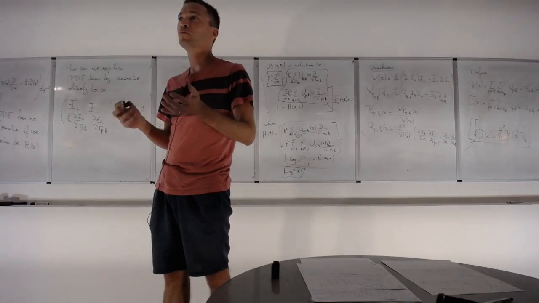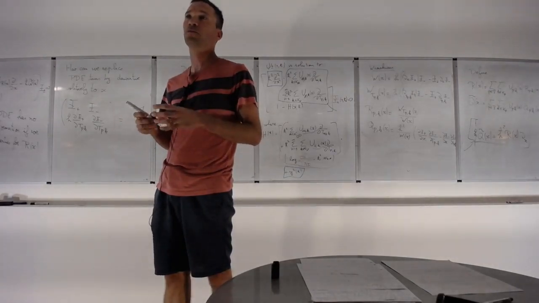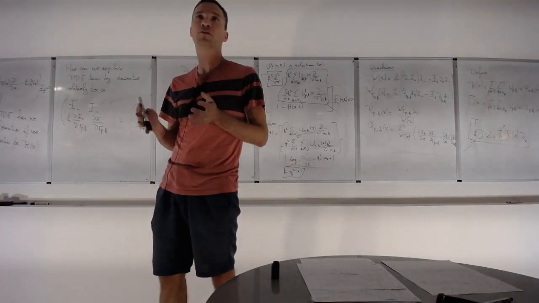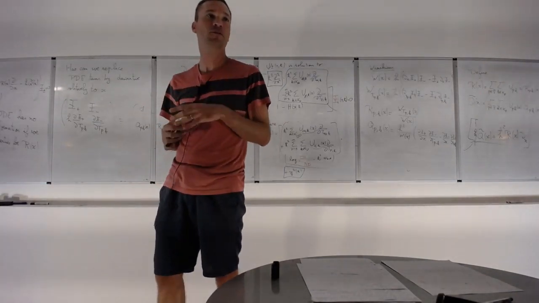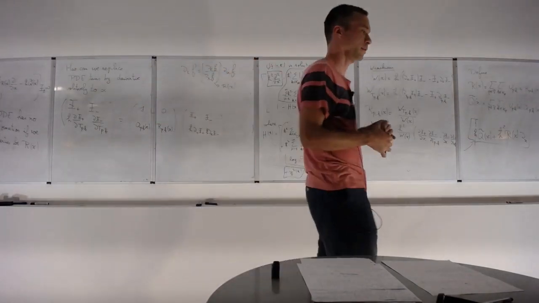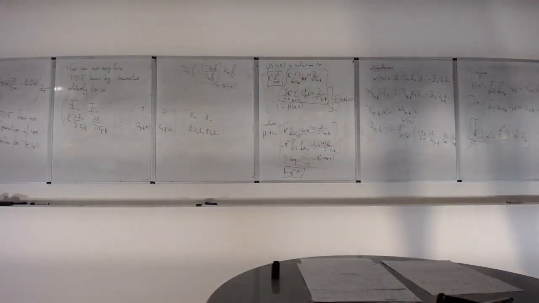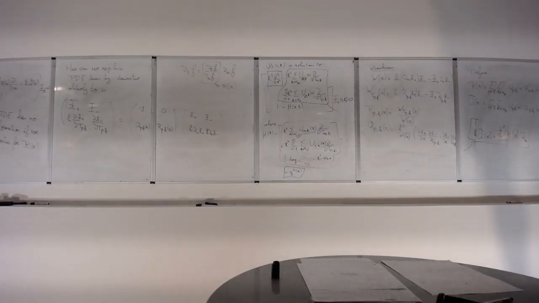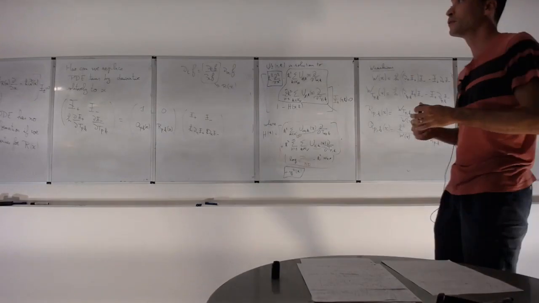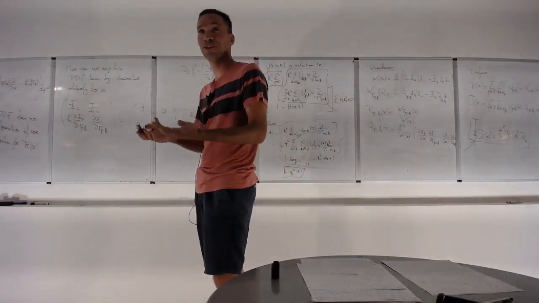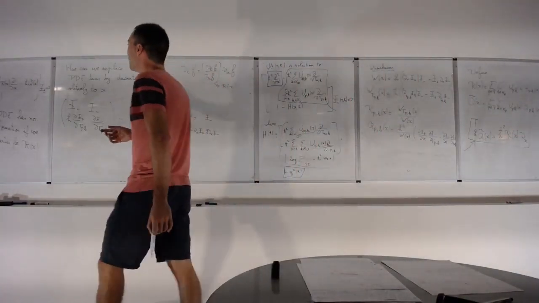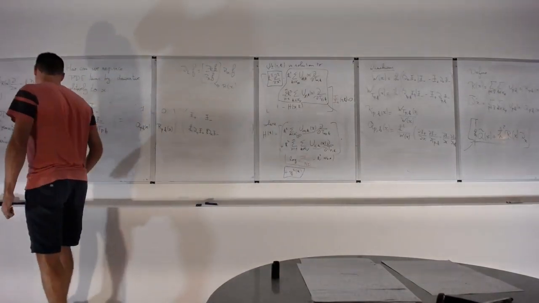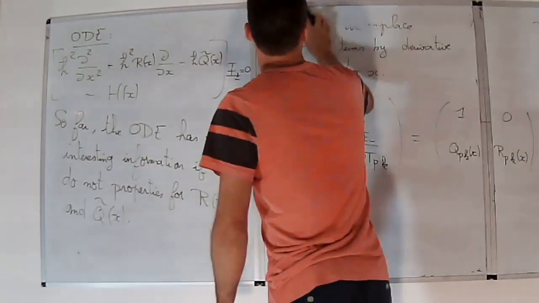This is what we expect from a quantization to be a good quantization. If you have something which gives you an ODE with logarithmic terms and even not rational function, this is definitely not a good way to quantize your initial spectral curve. So this is the last step that we need to prove, is that R and Q tilde have good properties, and the properties that we want to get